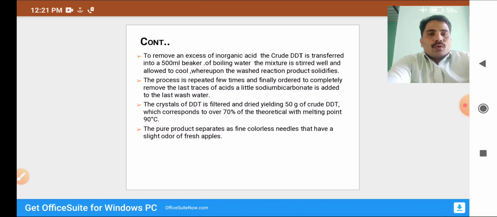and the pure product separates as fine colorless needles that have a slight odor of fresh apples. So this fine granular solid should be taken for the crystallization process. We are using alcohol for the crystallization purposes. So next,